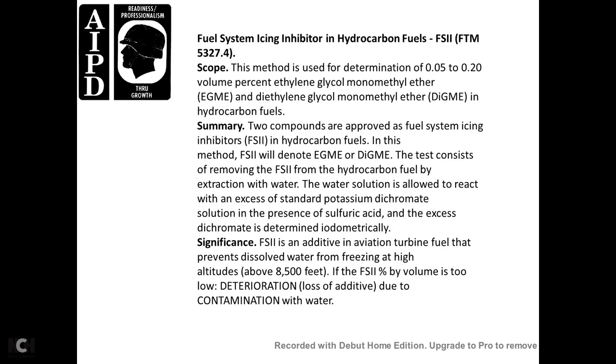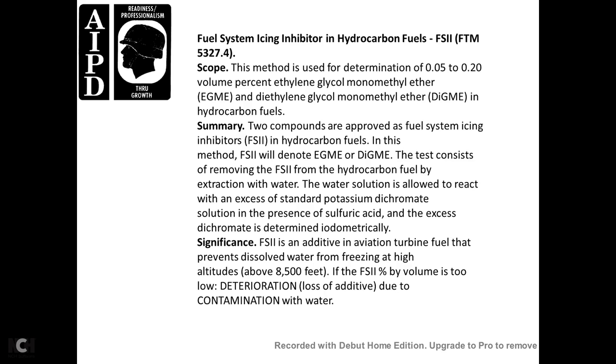All right, fuel system icing inhibitor in hydrocarbon fuels, FSII, Federal Test Method 5327.4. It measures the determination of 0.05 to 0.2 volume percent of ethylene glycol monomethyl ether, or EGME, and diethylene glycol monomethyl ether, or DIEGME, in hydrocarbon fuels. The two compounds are approved as fuel system icing inhibitors, FSII, for hydrocarbon fuels. The test consists of removing the